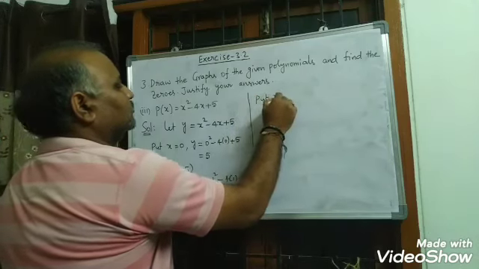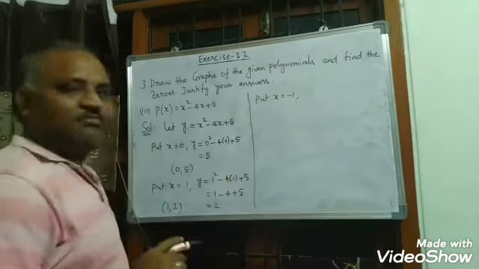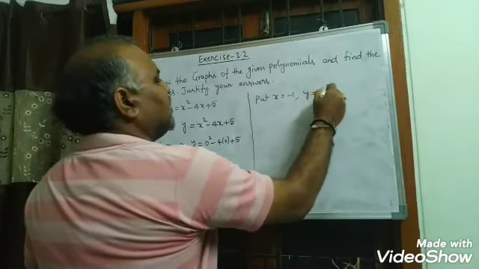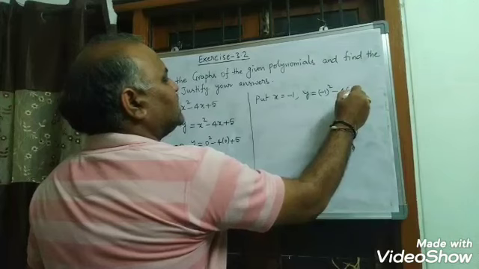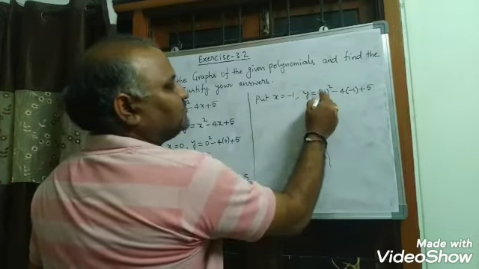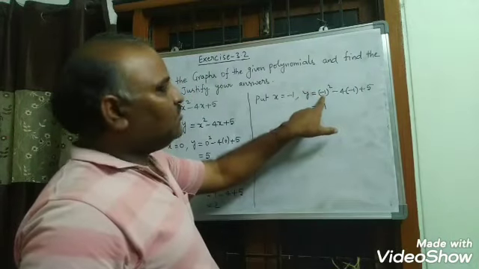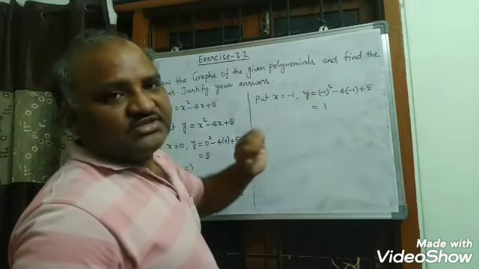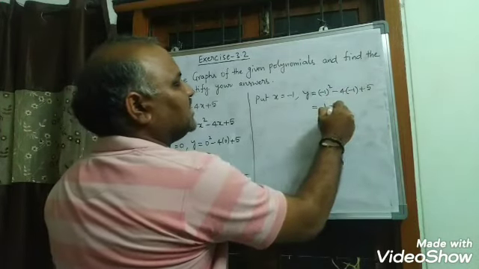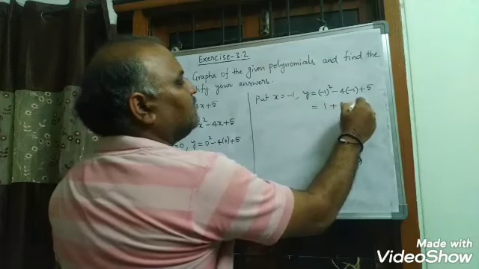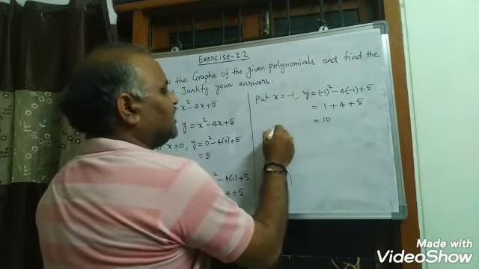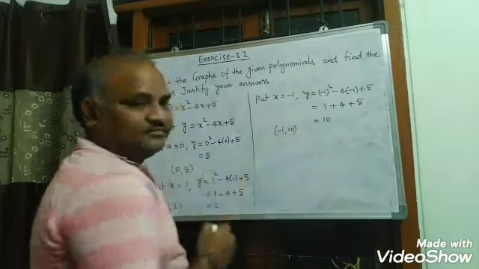Put x equal to minus 1. If you take minus 1, what happens? y is equal to (minus 1) whole square minus 4 into minus 1 plus 5. That is 1. Minus 1 whole square, here you can observe minus into minus, 2 times it will be multiplied, that's what it will be plus. Here minus into minus is plus already. 4 into 1 is 4 plus 5. So it is 10. Therefore the ordered pair is (minus 1, 10).